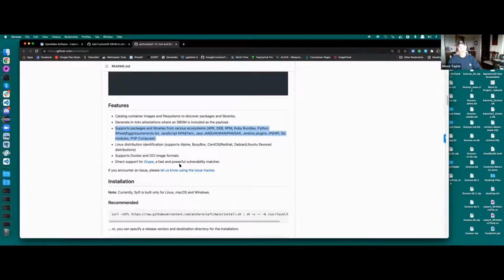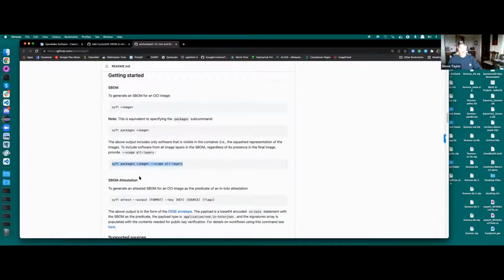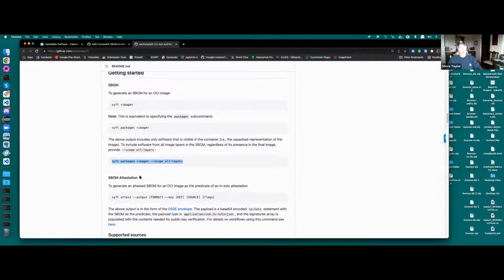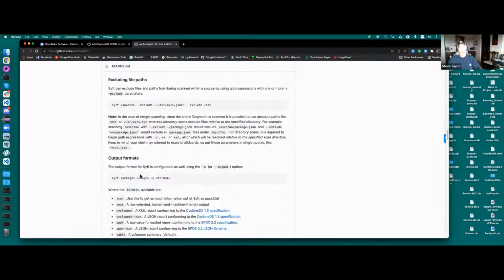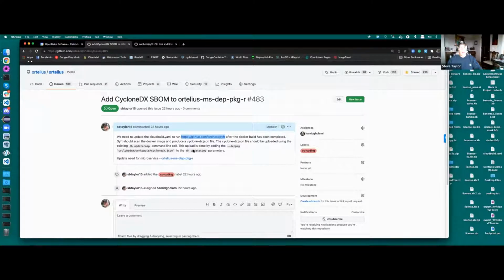So the way we run this is we would do the install and then go ahead and basically run just a command line and tell it what we're looking for. And what we're going to do is output it as a CycloneDX JSON file. So right now, the specification that we understand to upload into Ortelius is the CycloneDX JSON. So if we look back at the issue, we end up passing an additional flag to our command line utility, and that's going to give us our CycloneDX JSON file that will be uploaded. And then what ends up happening is this gets associated to the new component version up on Ortelius at that level. So what we need to do is figure out the exact command line for Syft and start adding this